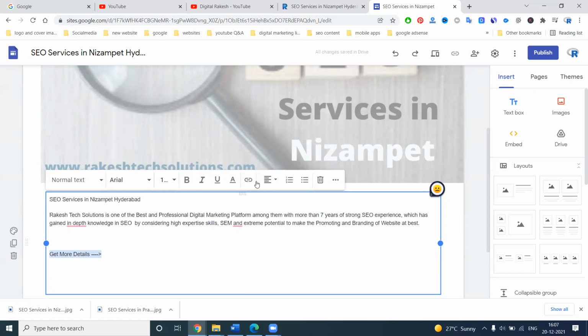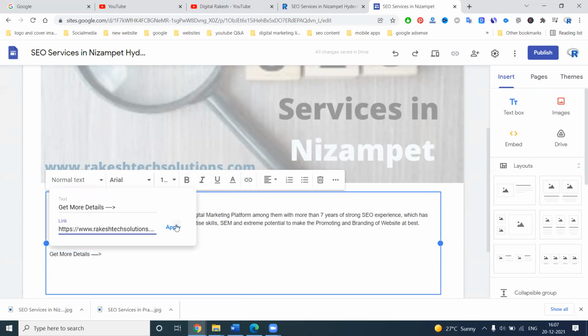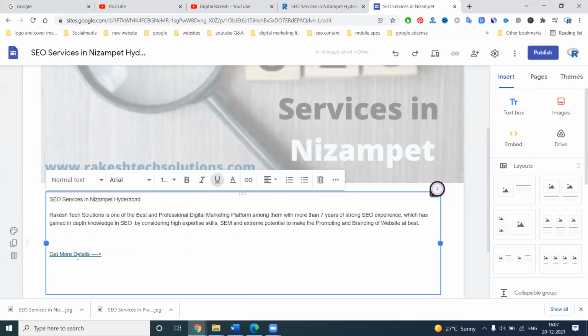So this is where we have to discuss on-page SEO, that is the anchor text. Here I am not showing a direct link. I am showing an option called get more details. People will click here.